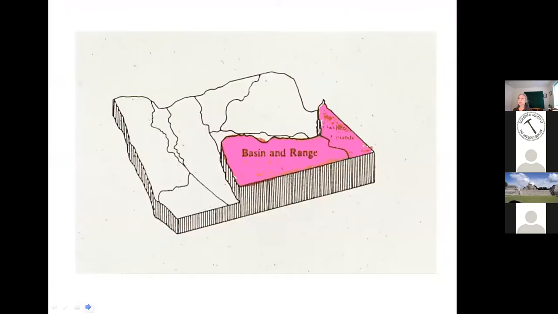Okay, and then we've got the Basin and Range area, and this area of southeastern Oregon is named after what it's known for: Basin and Range. Mountain ranges, parallel mountain ranges with basins in between them. So we have mountain ranges in here that run north-south, and then in between them we have basins or low spots.